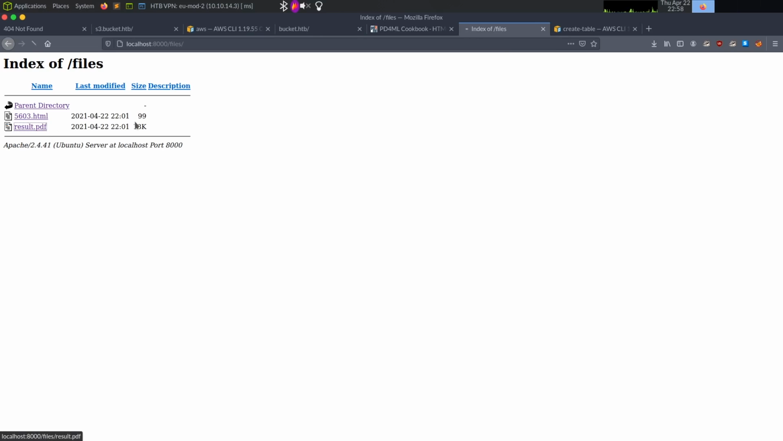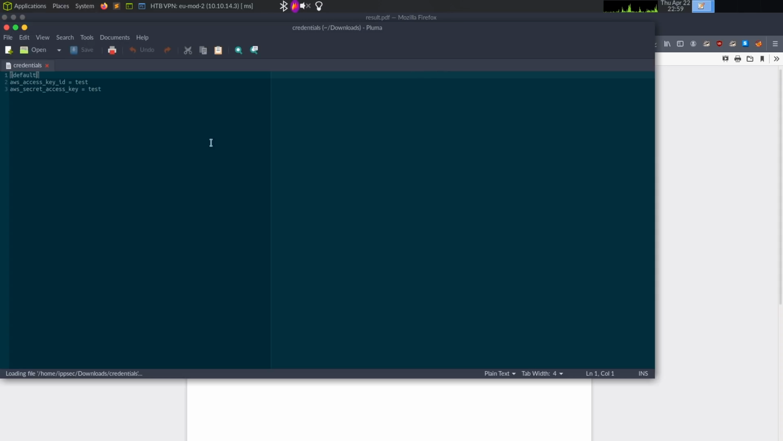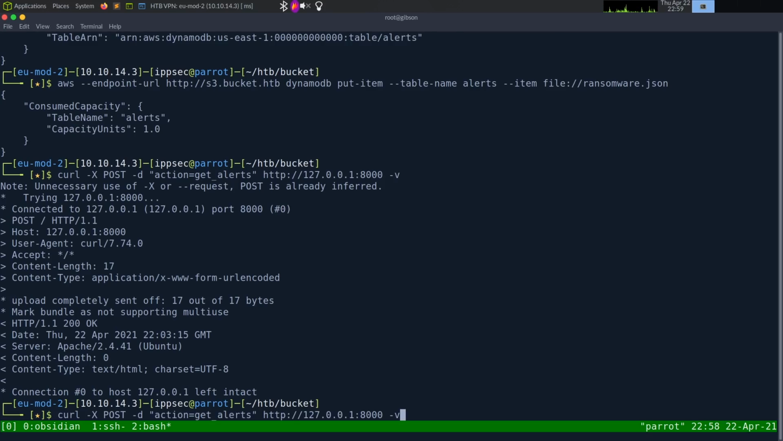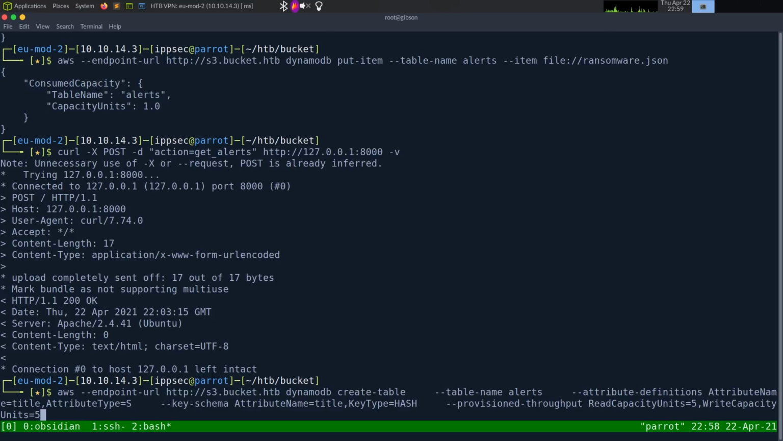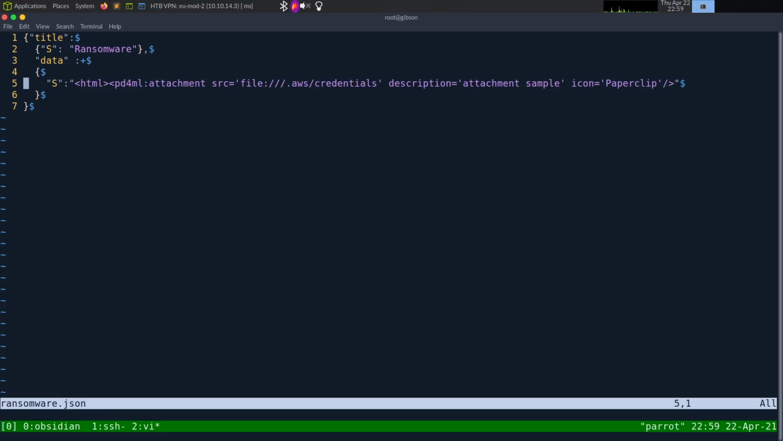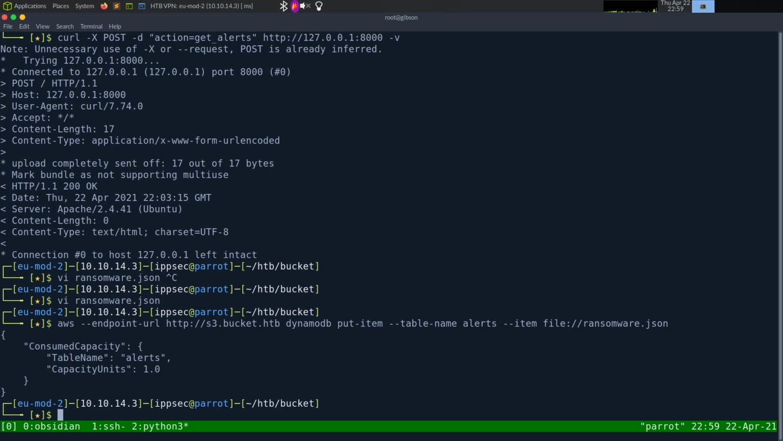Okay. We can go to results.pdf, click this. We got credentials, open, test. Well, you're not helpful. All that work for nothing. Let's go and edit ransomware. So vi ransomware, we can do file, and we can say root. We give it this directory. Let's see. Put this in, curl it,